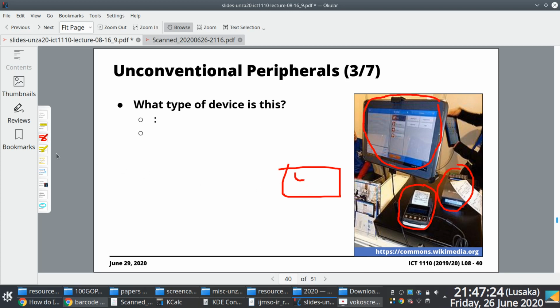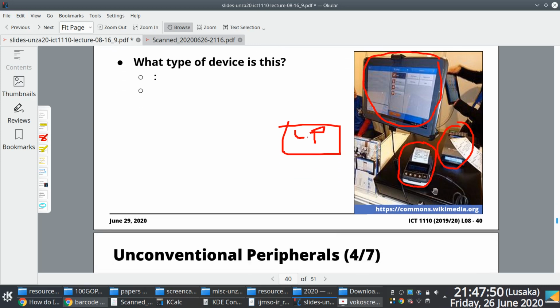detect that this card is linked to, let's say, Lighton's card, right? And the bank would do a bit of processing there and be able to check if Lighton has enough balance in his account. If he does, then the transaction is processed, it's accepted, in which case Lighton's account is deducted or something. So this could be viewed as being an input device and also a communications device to a certain extent,